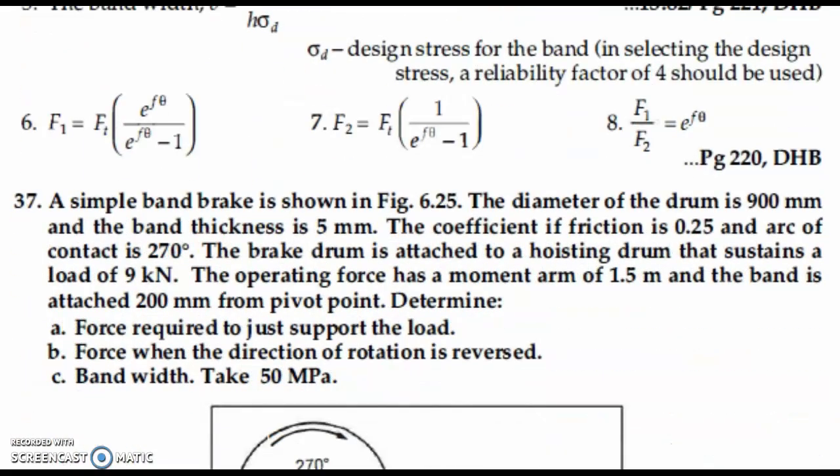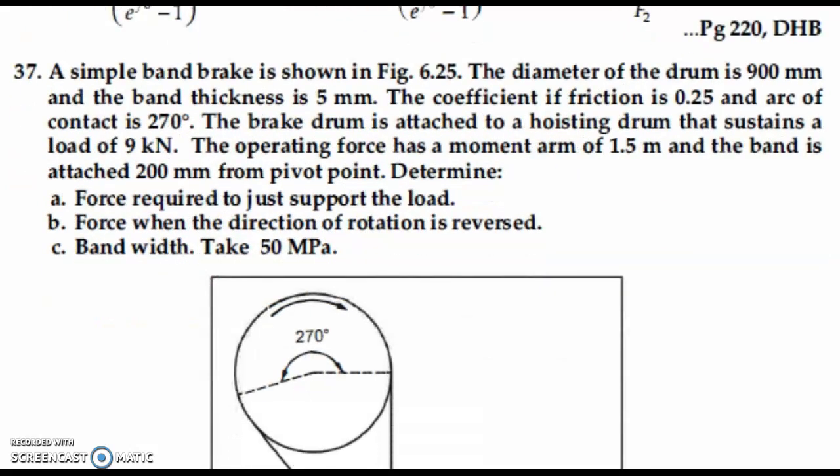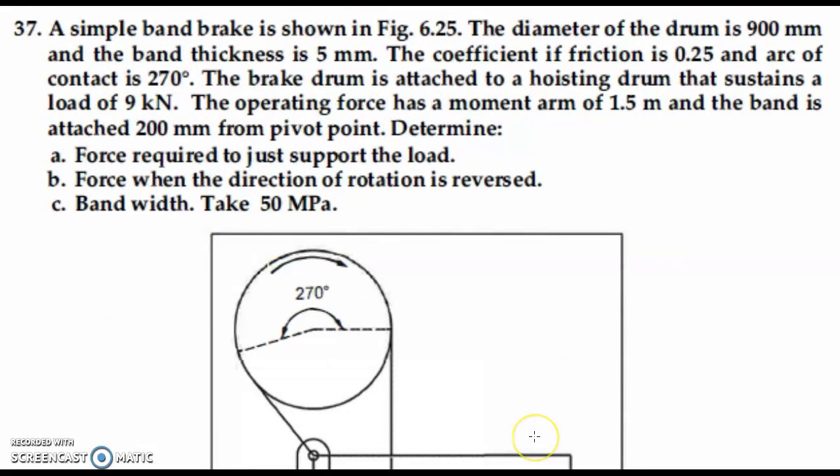Listen, I can read the problem. A simple band brake is shown in figure. The diameter of the drum is 900 mm and the band thickness is 5 mm. The coefficient of friction is 0.25 and arc of contact is 270 degrees. The brake drum is attached to a hoisting drum that sustains a load of 9 kN. The operating force has a moment arm of 1.5 meter and the band is attached 200 mm from the pivot point. Determine force required to